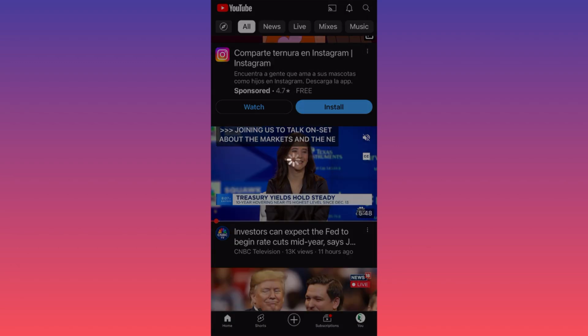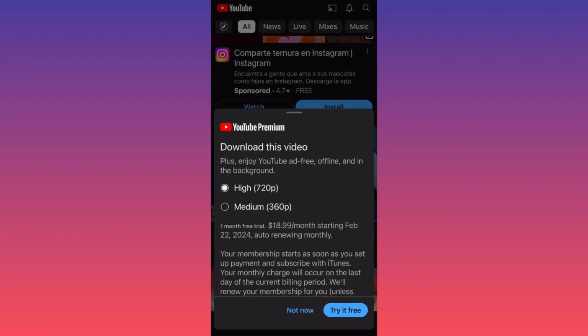When you click download video, you will have 2 options of the quality to be able to download the video, 720 and 360. The small tip over here is that a YouTube Premium subscription is required for you to be able to download the video. YouTube will give you the first month for free as a free trial, and also subscribing